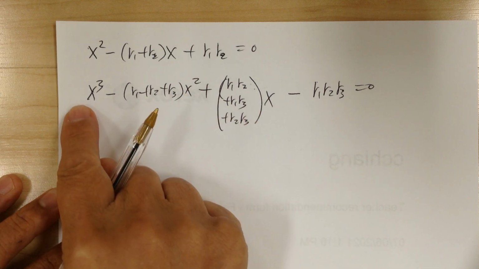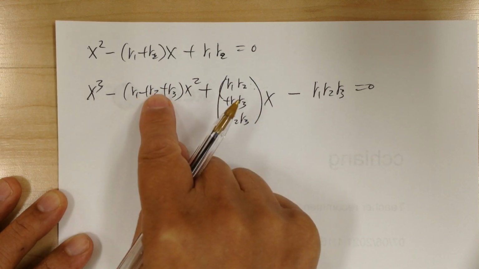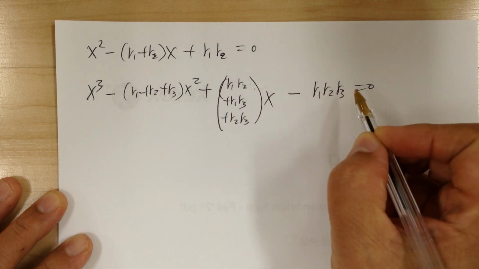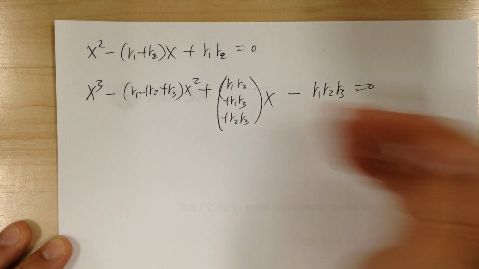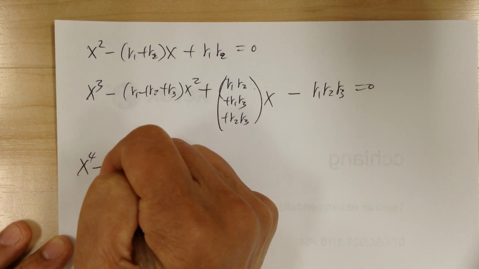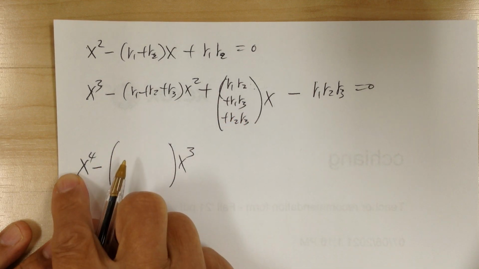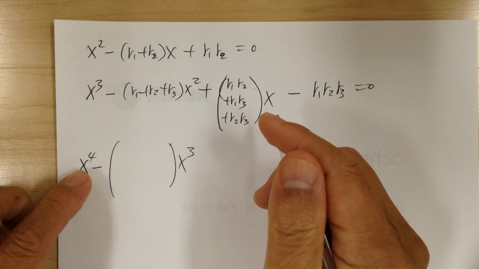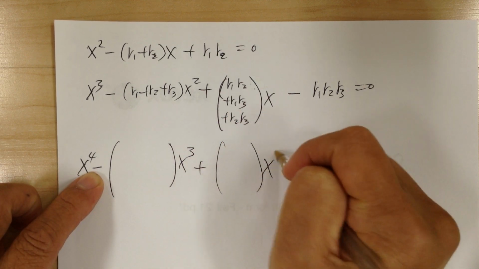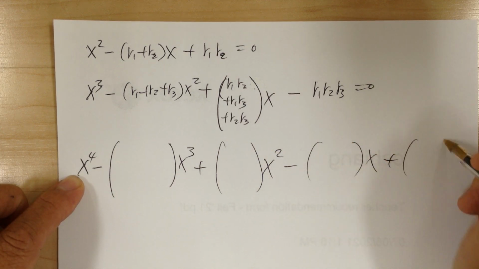And for the roots, there would be no root at a time. So you take none at a time, then you have 1 at a time, then you're going to get 2 at a time, then you're going to get 3 at a time. So this is the pattern. So if you do x to the 4th power, it'd be x to the 4th, plus minus plus something x squared minus something x plus something equal to 0,